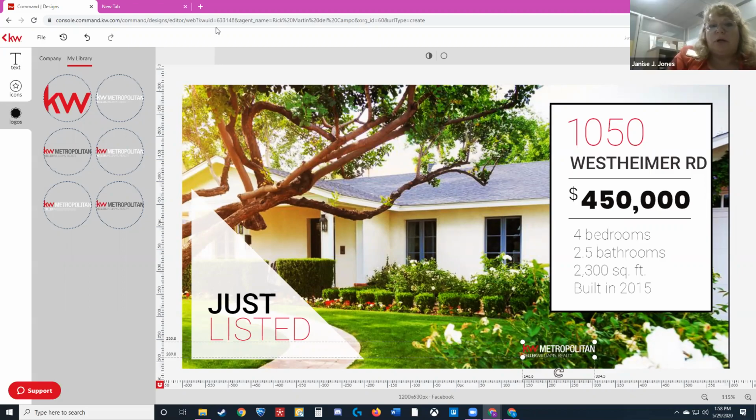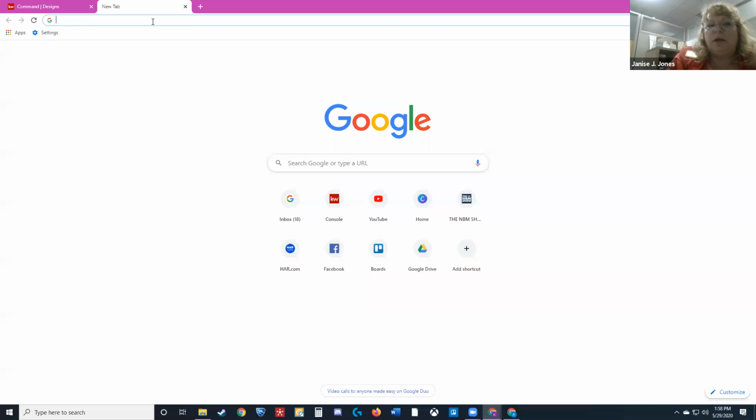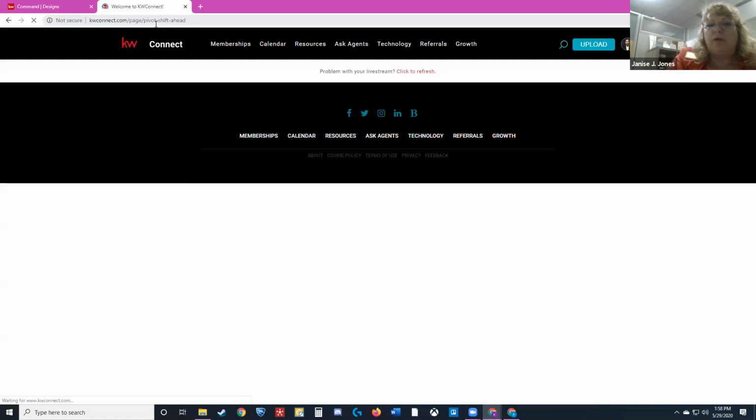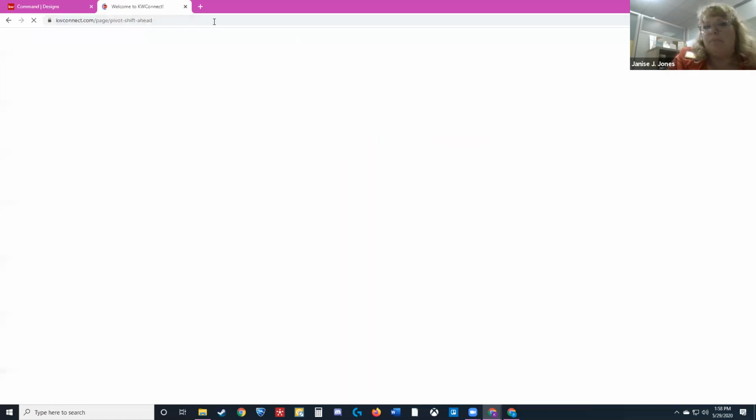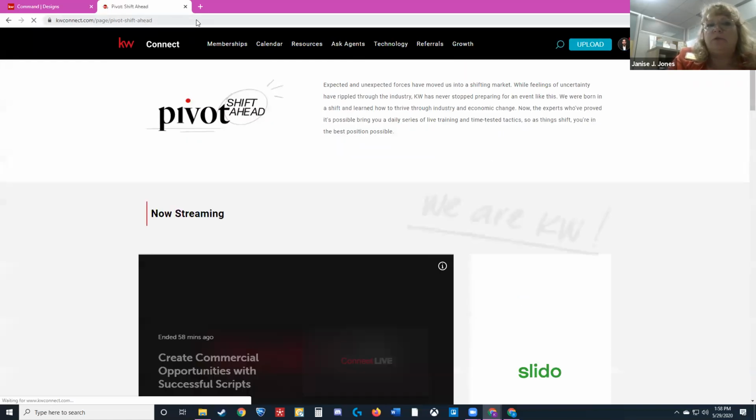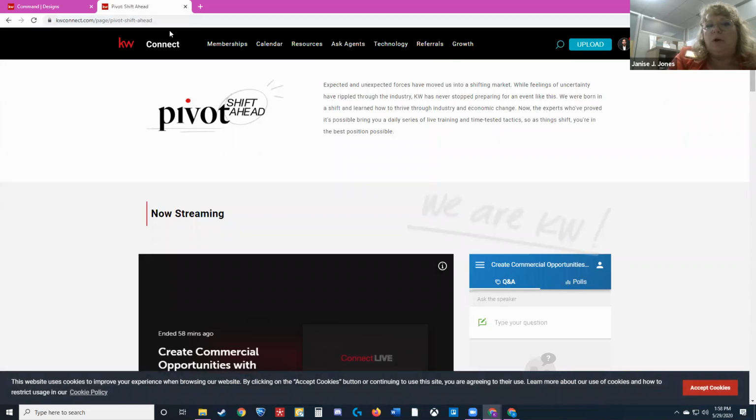All the logos are on the internet. You can click on marketing and go to logos and branding, and you can get the red, white, and black logos. You can get all gray. You can get all white. You can get a white background. You can get a clear background. So all the logos that you need are going to be in the logos and branding.